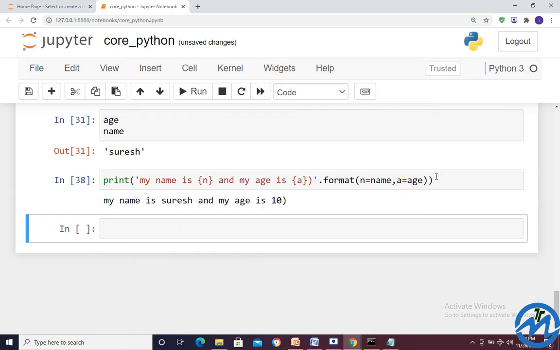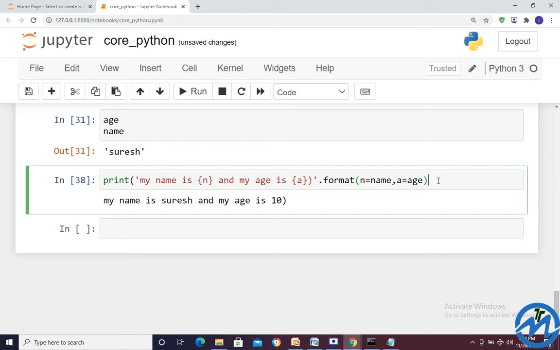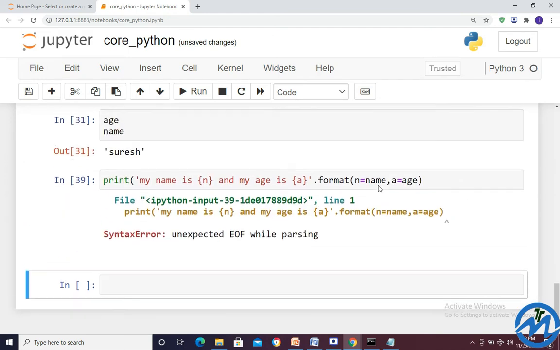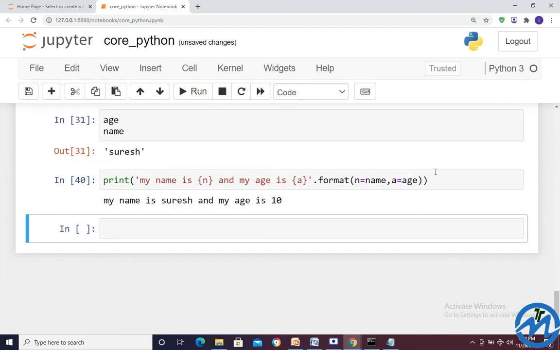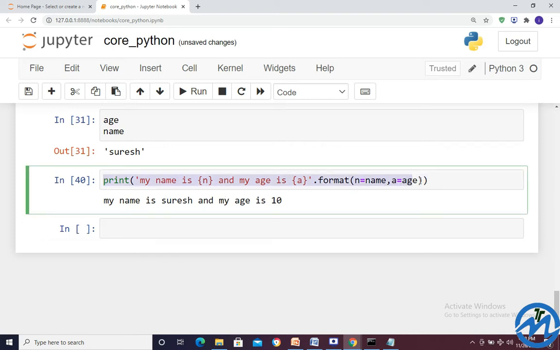Sorry, I was not supposed to give this one. Now what we got, this is the correct statement. So we understood, we can write print my name is n and my age is a, format n is equal to name, a is equal to age.